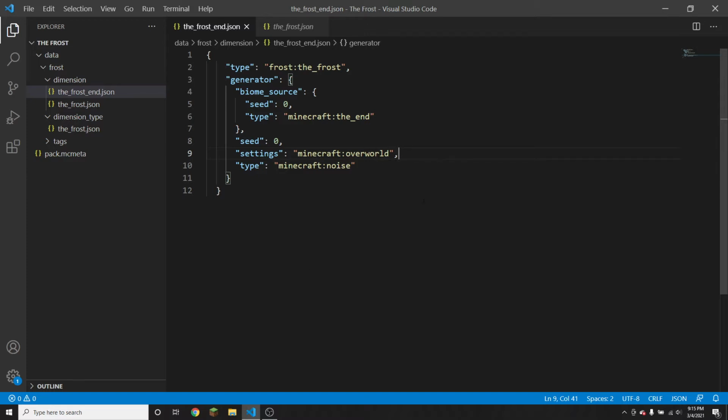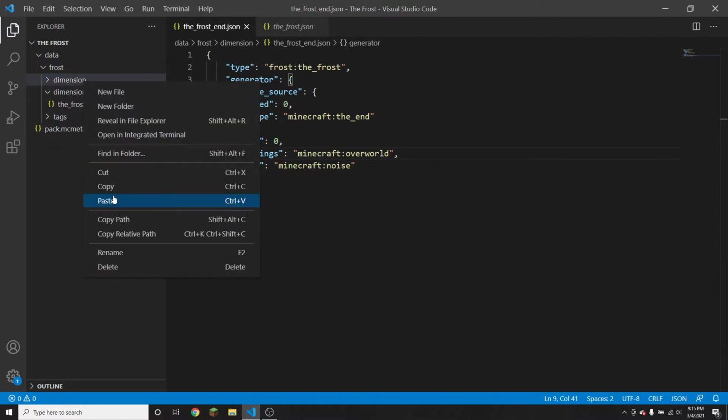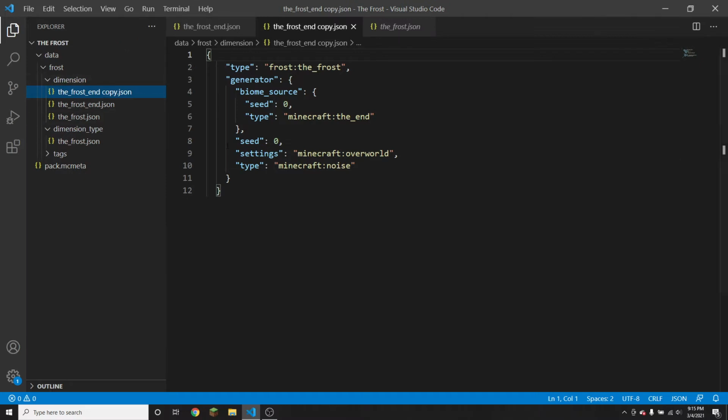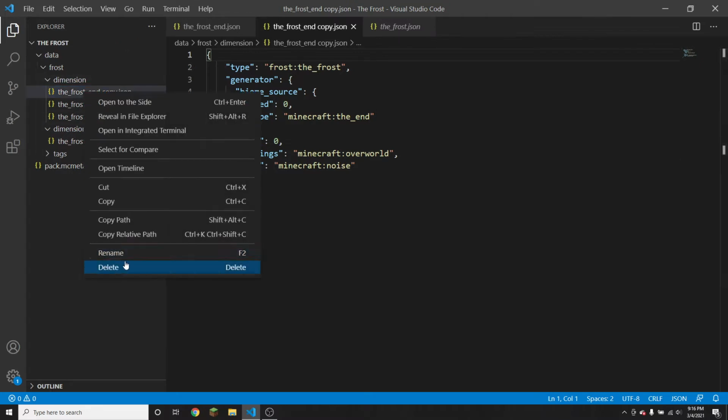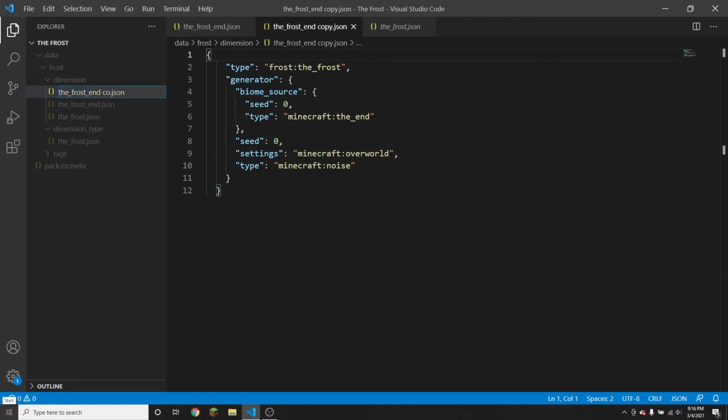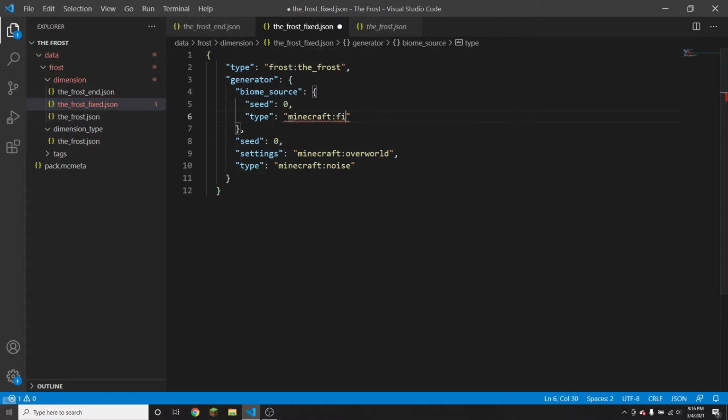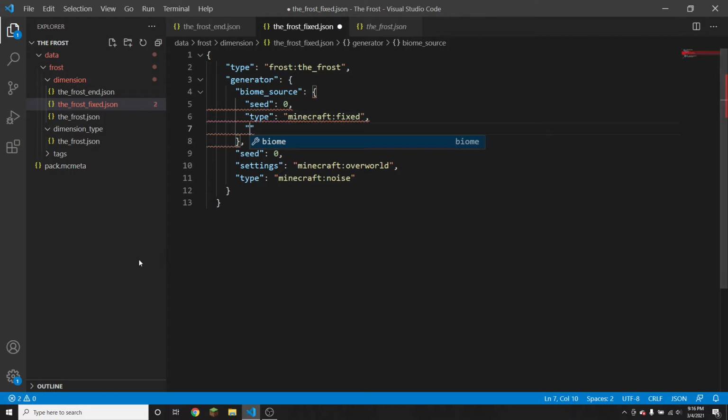So that's it for the end biome source, but next I'm going to create another dimension, and again I'm just going to copy and paste the dimension I already have, and then for this one I'm going to rename it to frost_fixed, because that is the generation type that we're going to be using. So you need to change this to fixed, and then add a comma after it,